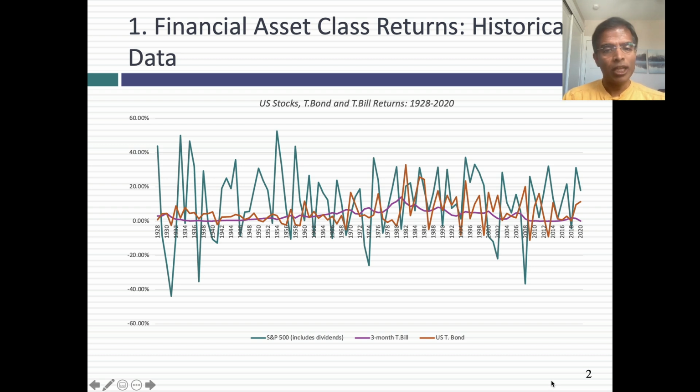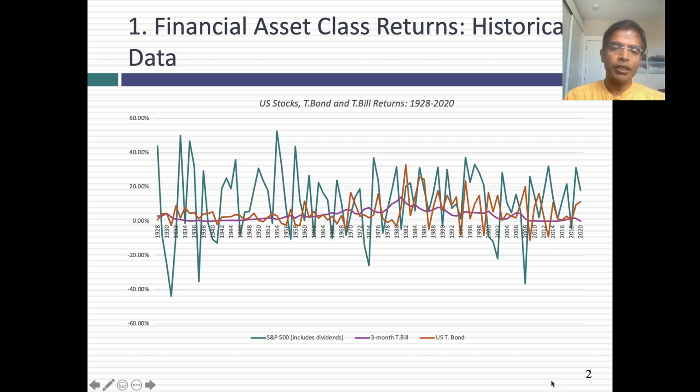For T-bonds, it was a little messier. On T-bonds, there are two components to your returns. One is the coupon you're promised at the start of each year. But remember, it's a 10-year bond, so if interest rates change during the course of the year, the T-bond price can go up or down. So I computed the price change in the T-bond. And a little later in these classes, we'll talk about how to compute that price change. But I computed the total return as the coupon plus the T-bond price change.